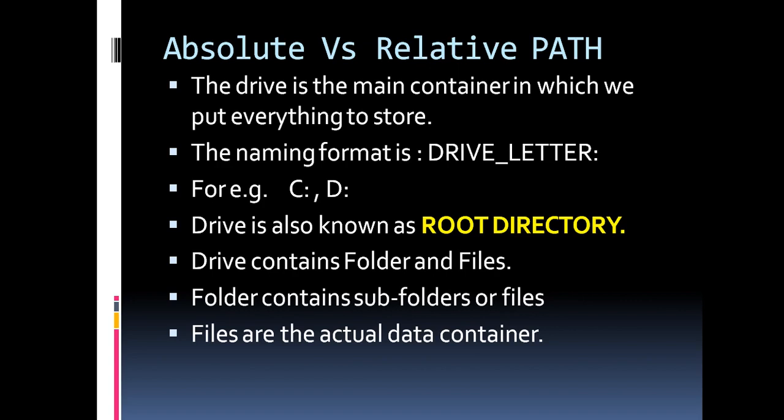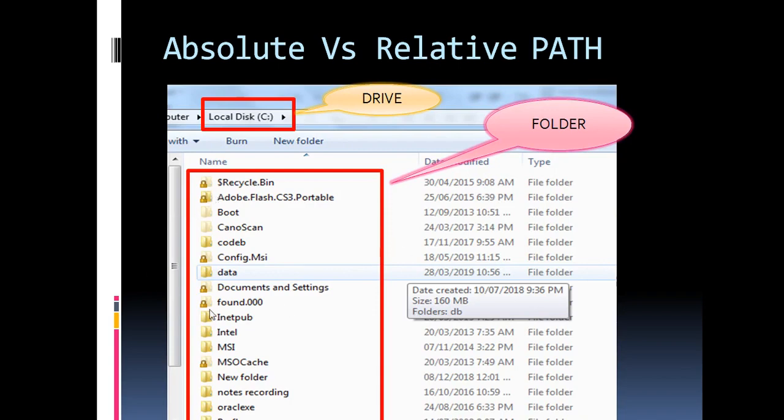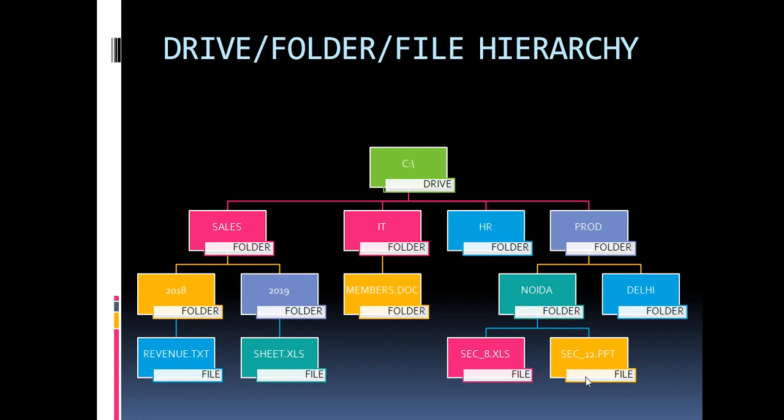Local Disk C drive. There are so many folders visible here. These are all examples of folders, and this is a drive. It also shows on which date the particular folder was created, what its size is, etc. If you open a particular drive on your computer, that is the root directory, and it will have many folders. Now, to understand the concept of drive, folder and file, what is the hierarchy?